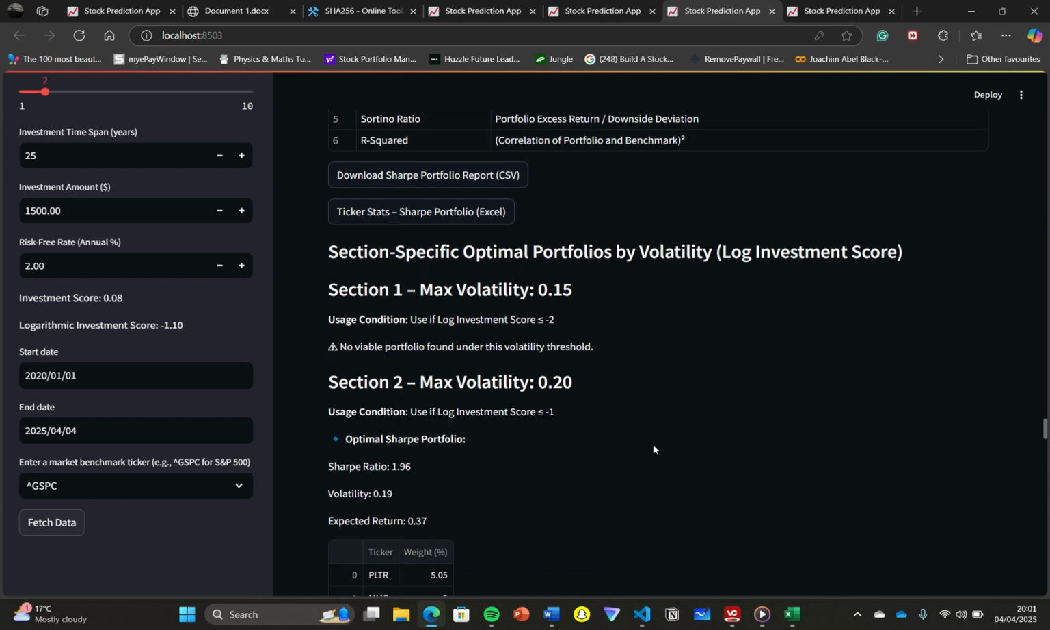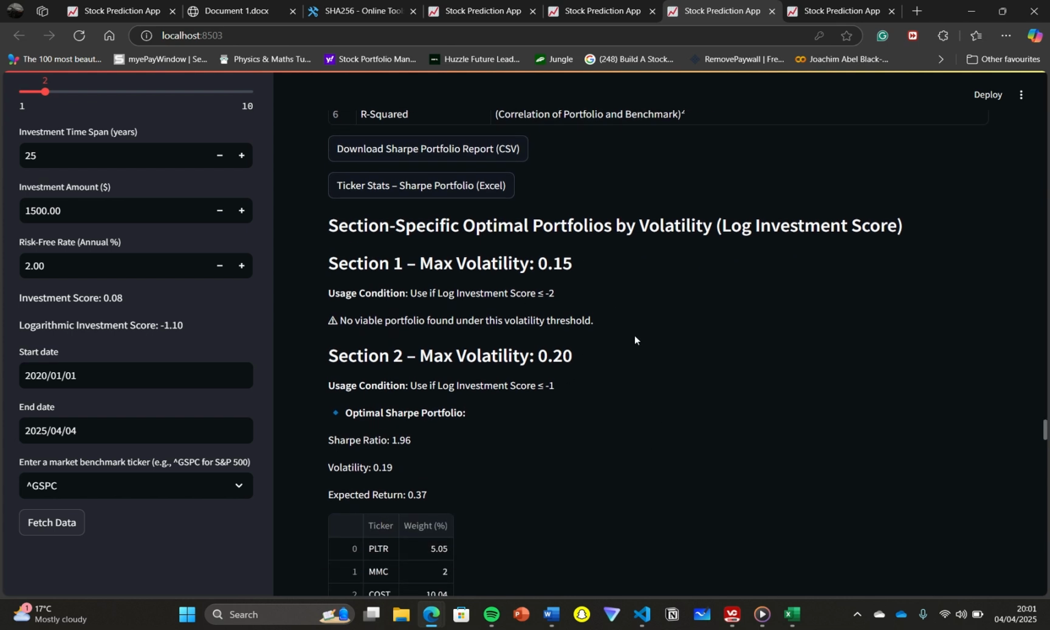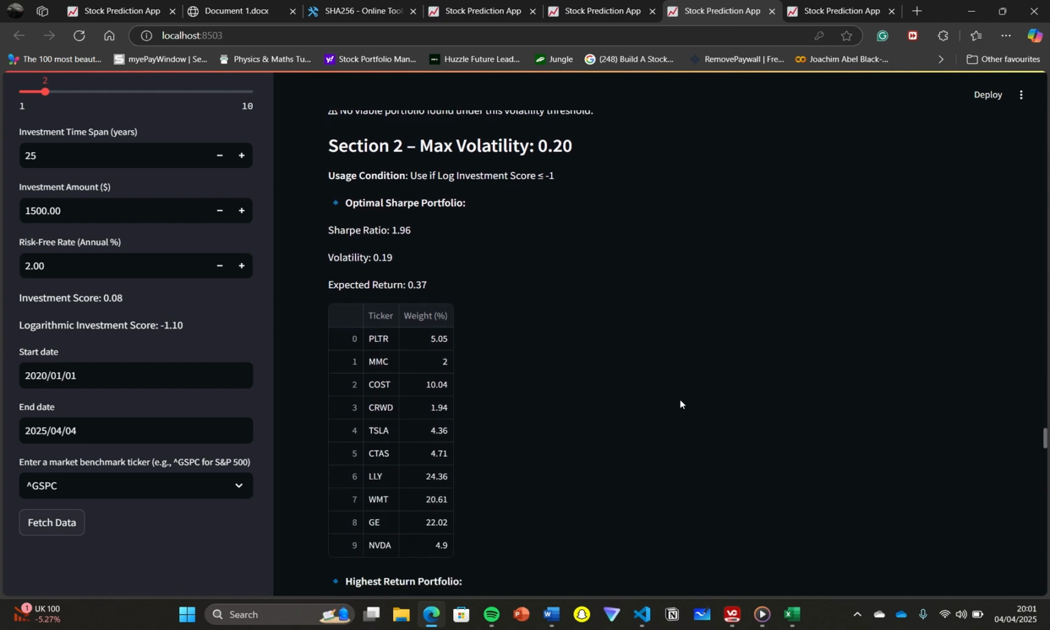and then the logarithmic investment score. So this is where the tailoring comes in for the different parameters. Here we can see our logarithmic investment score is minus 1.1. So you can see that our maximum volatility should be 0.2. Our optimal Sharpe portfolio has a value of 1.96 with the following values that I read off the efficient frontier